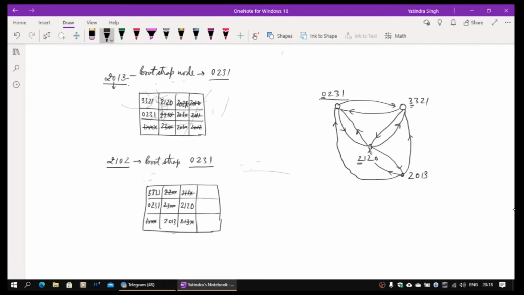So now the situation will be like this. You will have another node 2102. So this points to this guy. This points to this person. Okay. Sorry, there has to be some error which I have created. This figure actually should go from here to here.